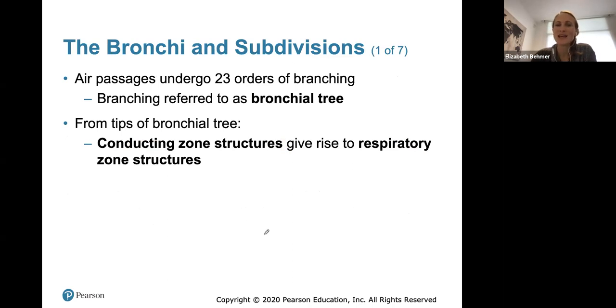The air passages then undergo about 23 orders of branching. So remember, we have one trachea coming down, it branches to each lung, and then those primary bronchi will completely branch into a place that looks like a huge tree as it goes to every single part of your lungs. From the tips of the bronchial tree, the conducting zone structures will give rise to your respiratory zone structures. So the conducting zone is only the part that conducts air, and then the respiratory zone is actually the portion